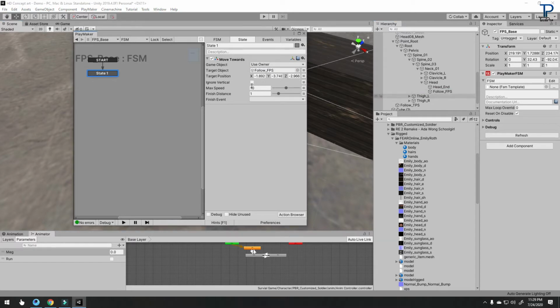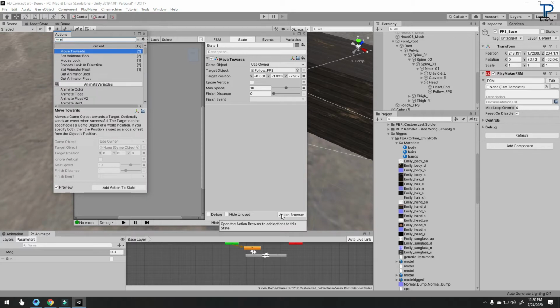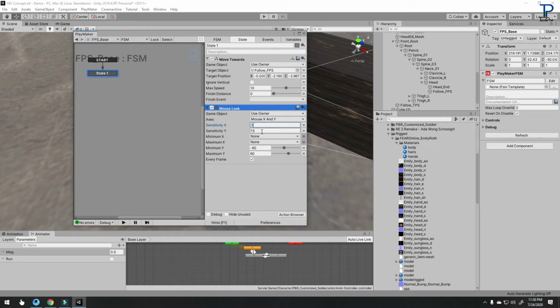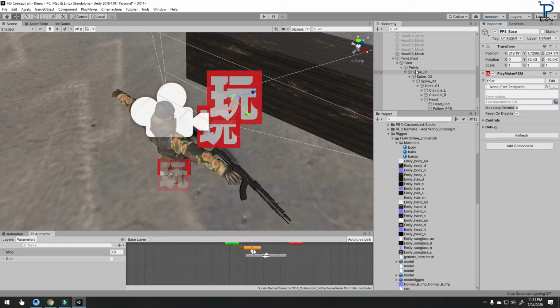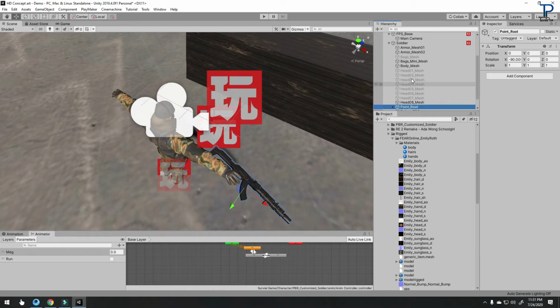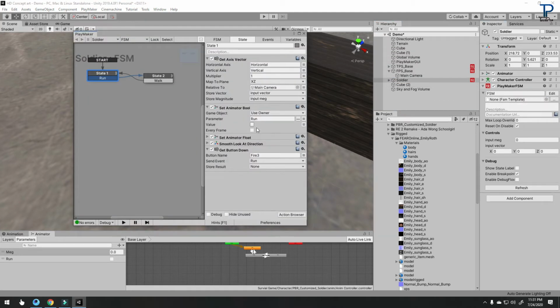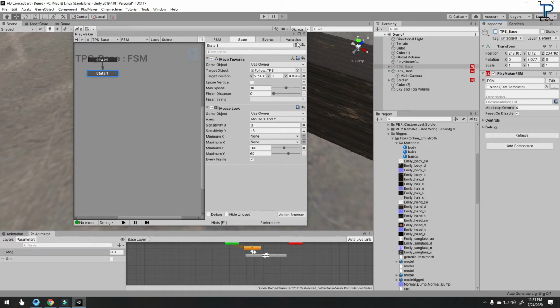And drag follow FPS camera, and minus 3 for Z-axis. Drag this into